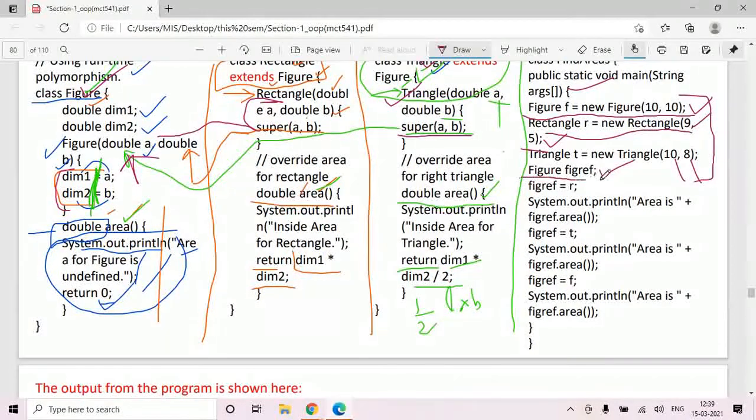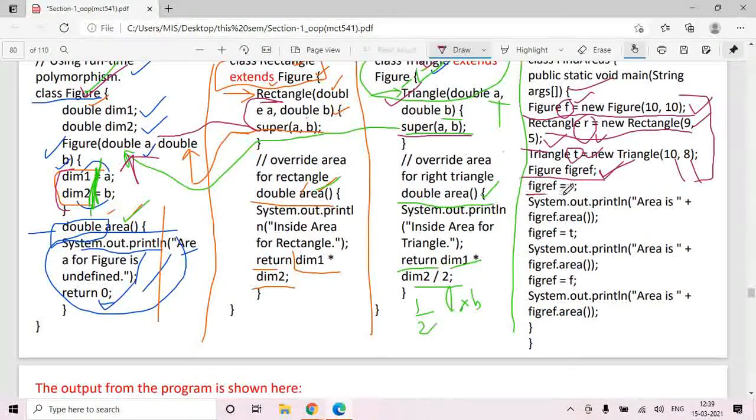Figure is our base class, so figref is a reference of a superclass, parent class, base class. Now we have three objects: the first object is F, the second is R, and the third is T. Let us assign these three objects to the figref.